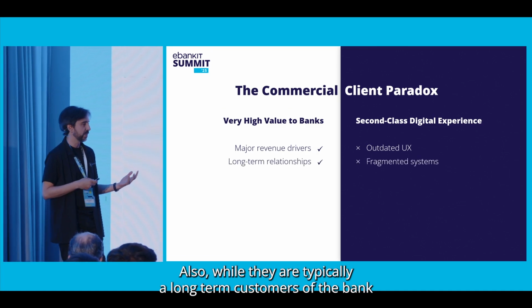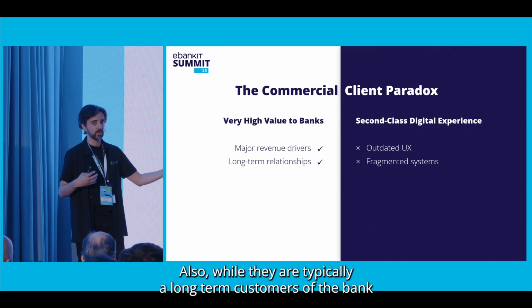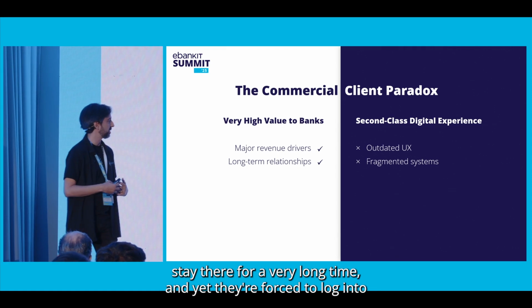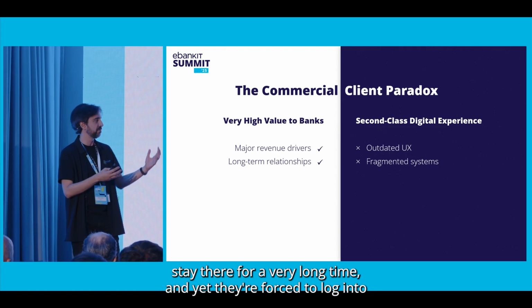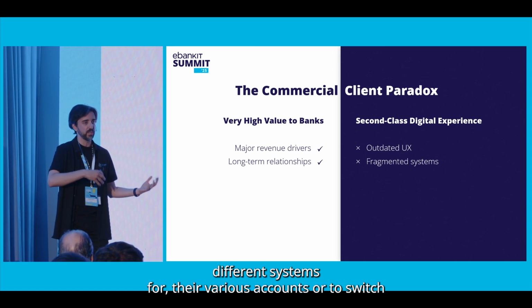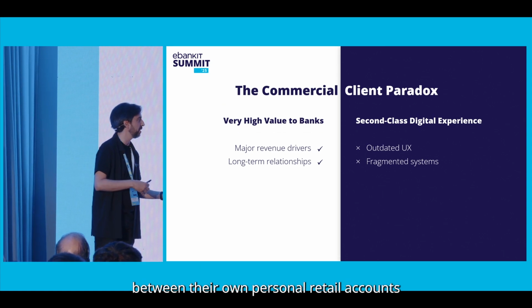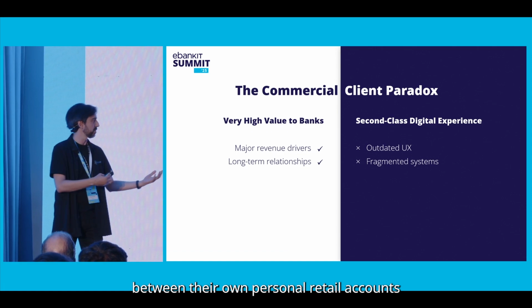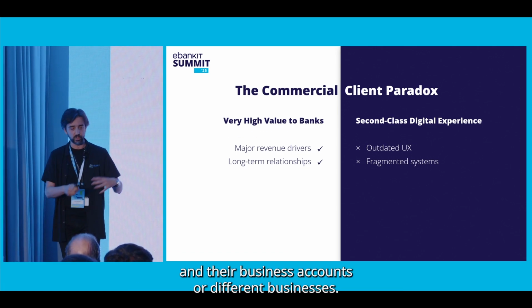Also, while they are typically long-term customers of the bank, yet they're forced to log into different systems for their various accounts or to switch between their own personal retail accounts and their business accounts or different businesses.